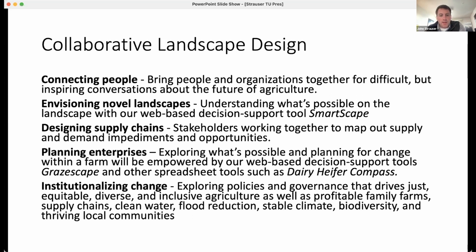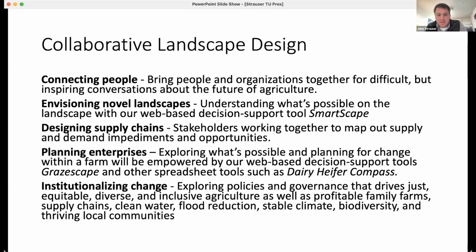And so the next thing is about envisioning novel landscapes. This is about trying to get people from communities together to ask where do they want things to go? What do they want from their landscape? What are some of the amenities that would be desired? And we do this a lot through interviews and conversations, community forums. And we also have a team of